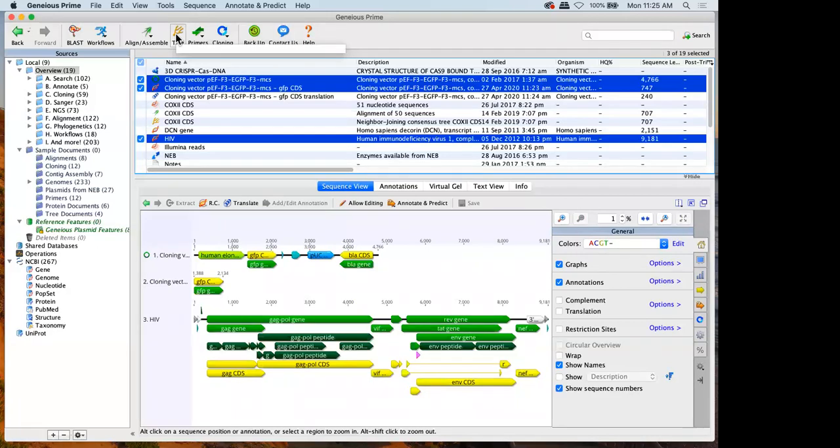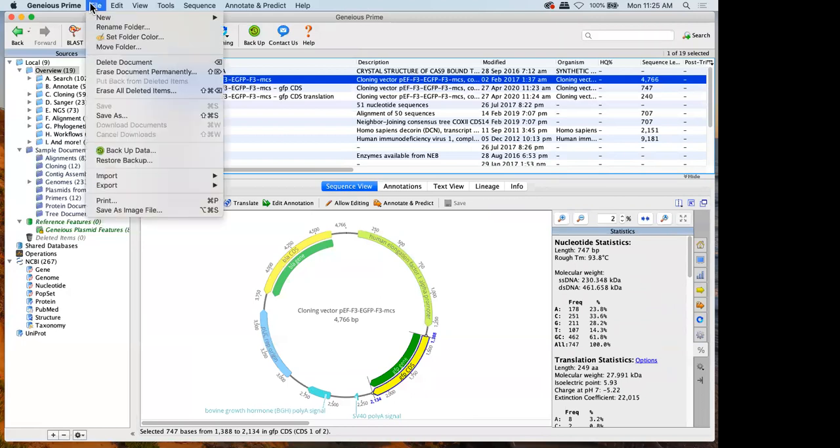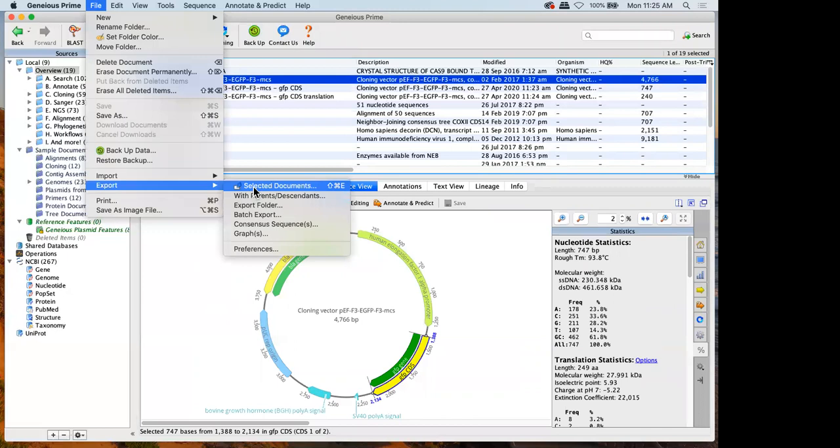So the last things I want to point out just in this general overview is how to get data out of Geneious, how to find plugins, as well as how to find support. And then we'll start talking about things like annotations and primers. But like I said, getting data out of Geneious first, you can go to File and Export. And that's going to allow you to export your data out of Geneious. So if I do selected documents,